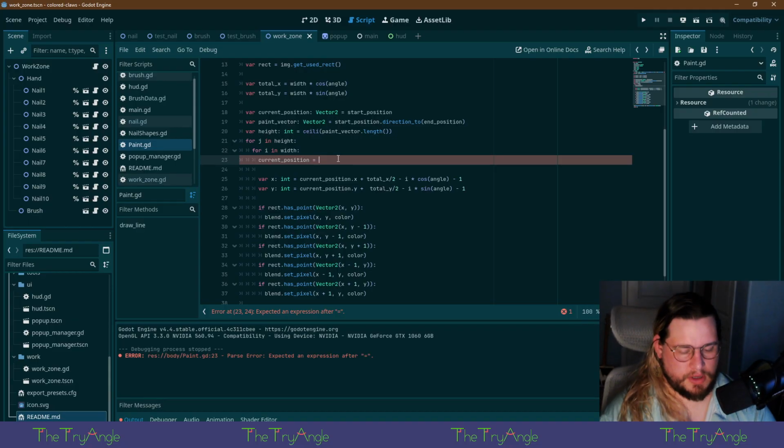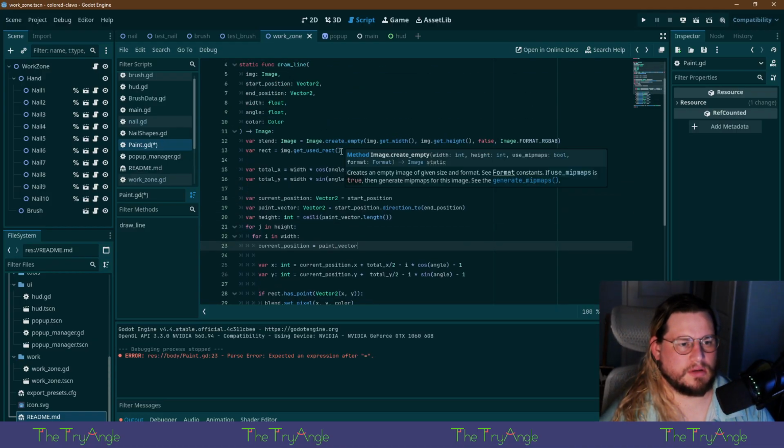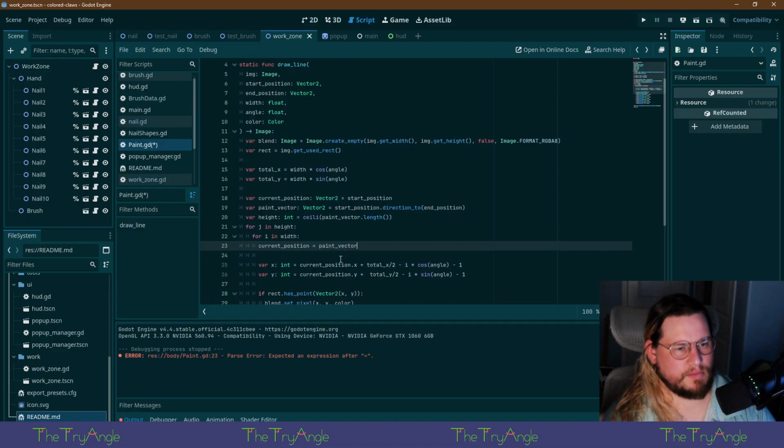What are we doing? We project a vector onto something else. I think we multiply that vector, so paint vector. And this is a current position that is relative to the start position, right?